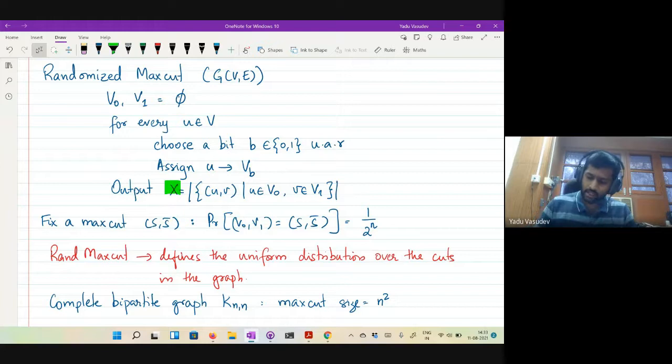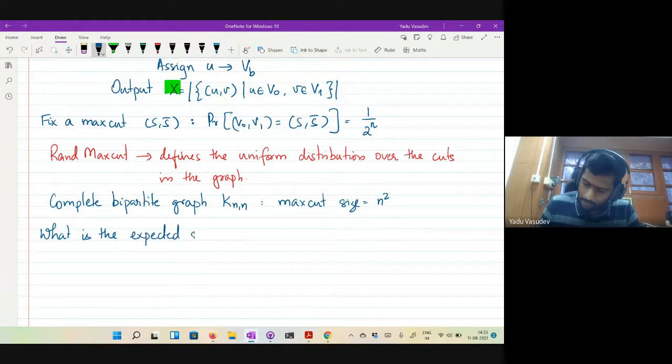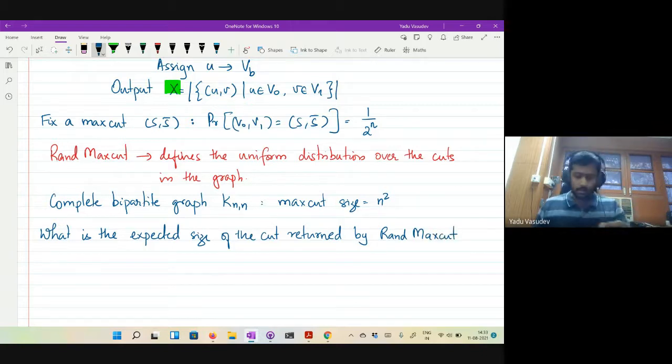So the next thing is to actually understand this random variable X. And for that, we are going to compute the expected value of X. So what is the expected size of the cut returned by the randomized algorithm? Let's write it from first principles. What you're interested in is the expectation of X. What is this?